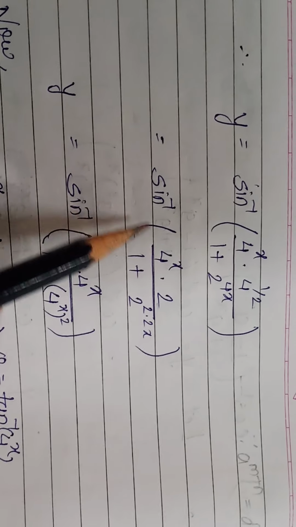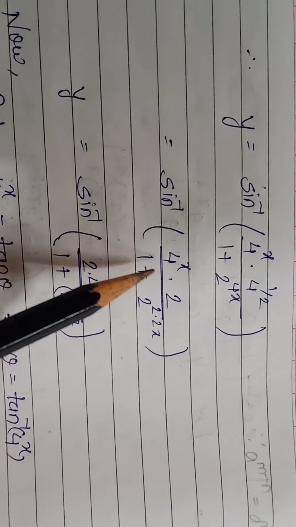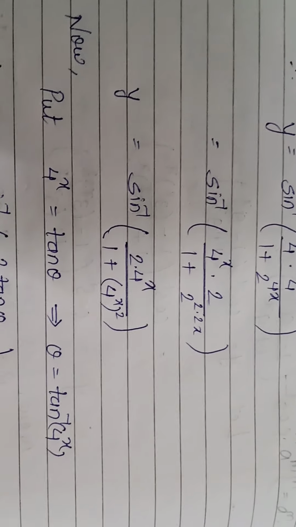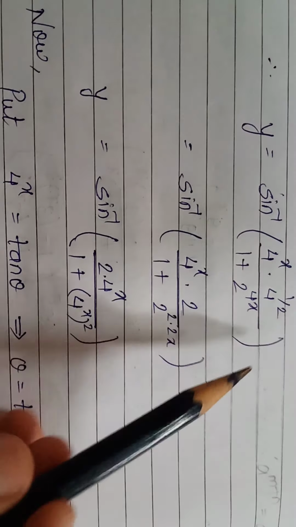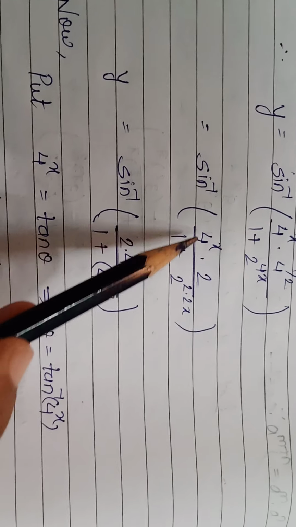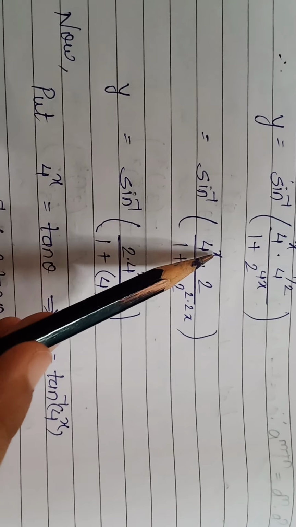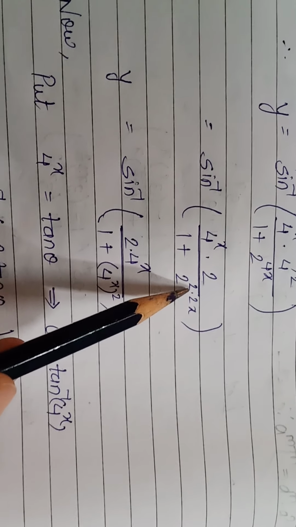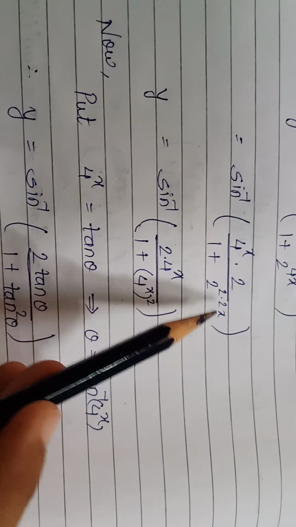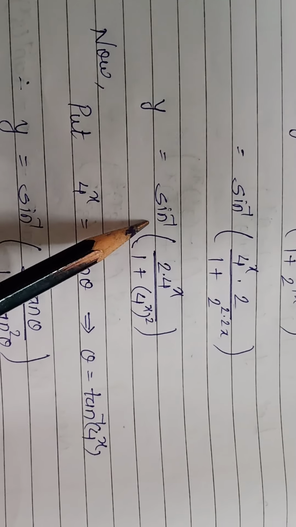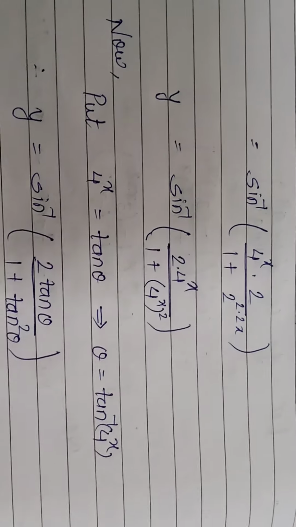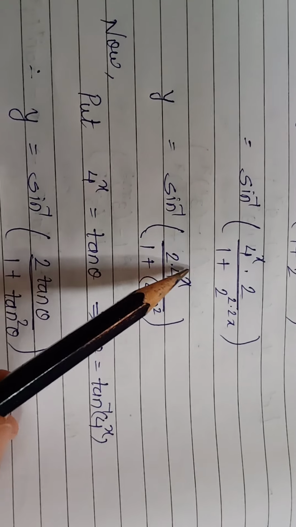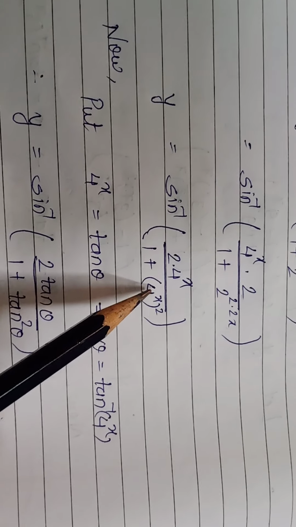So the next step is sine inverse of 4 raised to x into 2 upon, this is also we want 1 plus something square, na? So in order to get that square we will split this 4x. So numerator we got 2 into 4 raised to x upon, for this 1 plus 2 raised to 4 we will write as 2 into 2 and this x. Okay, so now here sine inverse of, it is 2, we'll write in first. So 2 into 4 raised to x upon, as this is 4 raised to x in numerator, we'll make this also 4 raised to x.